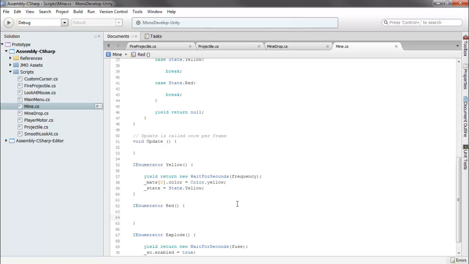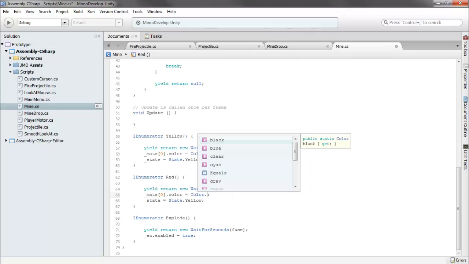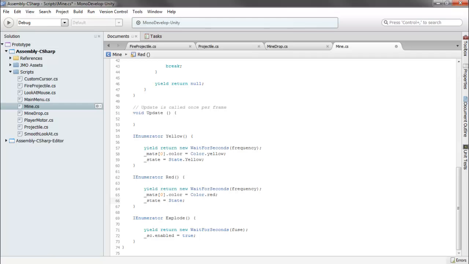And we'll go into our red, and it's essentially the same thing, so we can just copy this code and paste it in here, and we'll just change the color from yellow to red and the state from yellow to red. Okay,